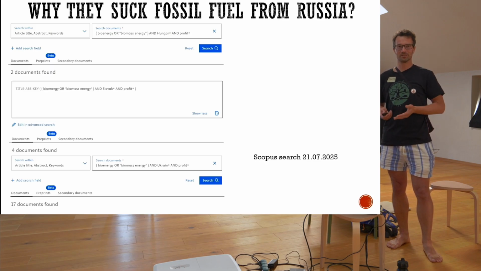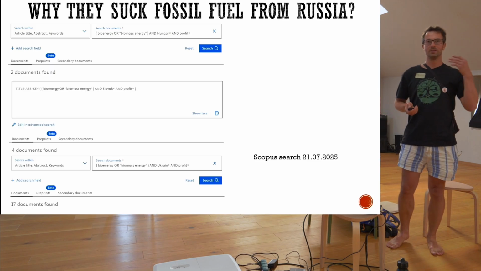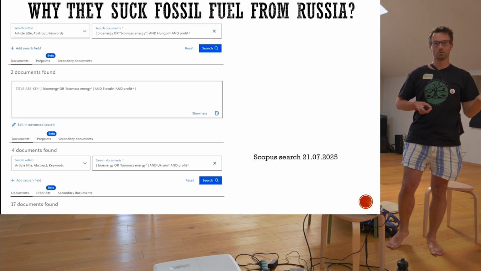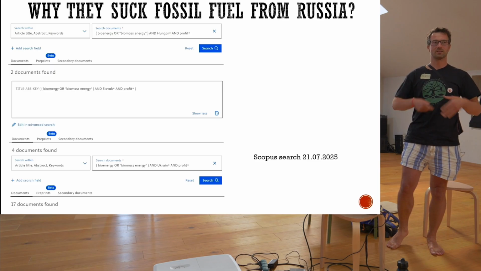So you can see how the dependency on fossil fuel impacts politics, and how politics impacts research. We think that research is independent. I don't think that it's independent. But we need to think up front. We plan restoration after the war, but you need to plan an increase of sustainable energy production, including bioenergy production, after the right-wing politicians, when the liberal politicians come. And at that time you need to have models, you need to have solutions that you can easily upscale.